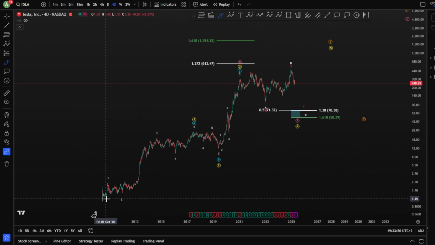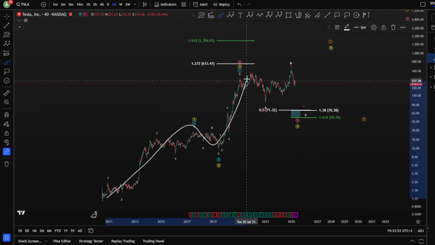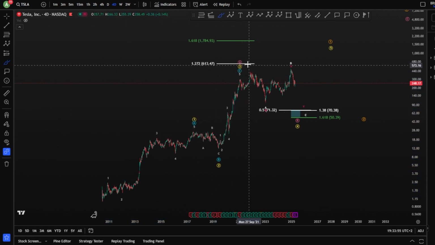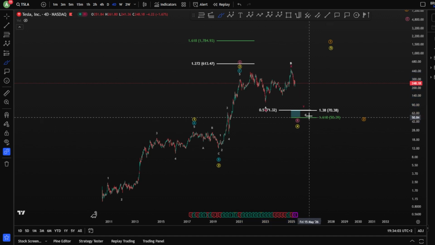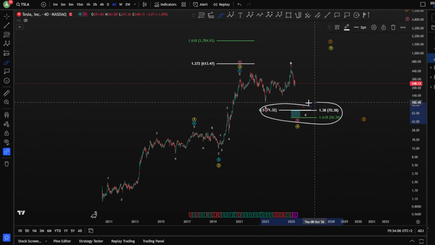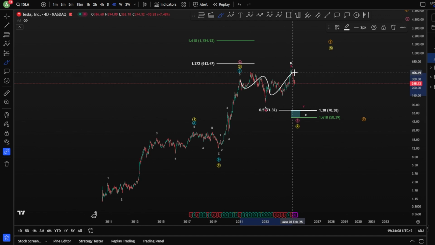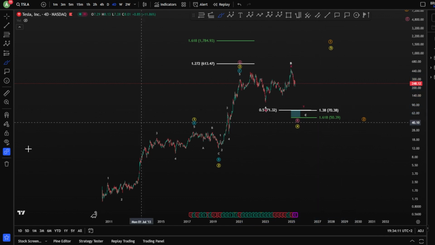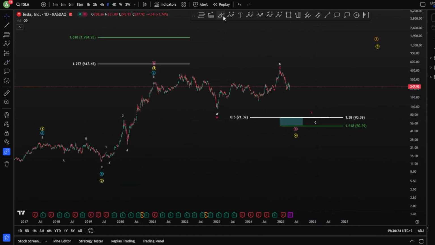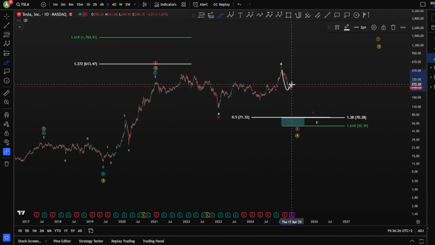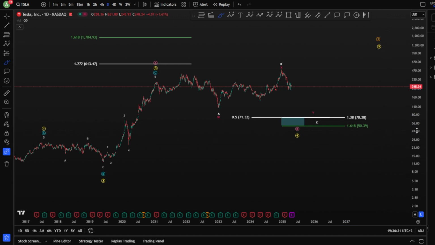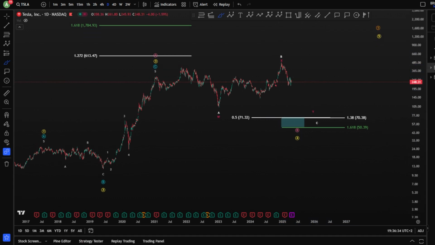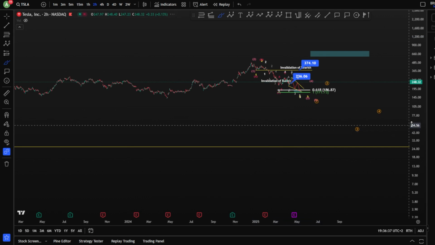In a bearish scenario, you're looking, of course, at a finished zigzag towards the upside with an A, B, and a C finishing wave A here in the magenta. You're looking at a 3-wave correction at the same time, which is in confluence as well with the bullish scenario. The same target is, of course, the 1.38 and 1.618. In this scenario, the possibility increases for Tesla to move towards this blue box to hit the 1.38, 1.618. Let's move inside this area on the 1-hour chart, 2-hour charts to see what we